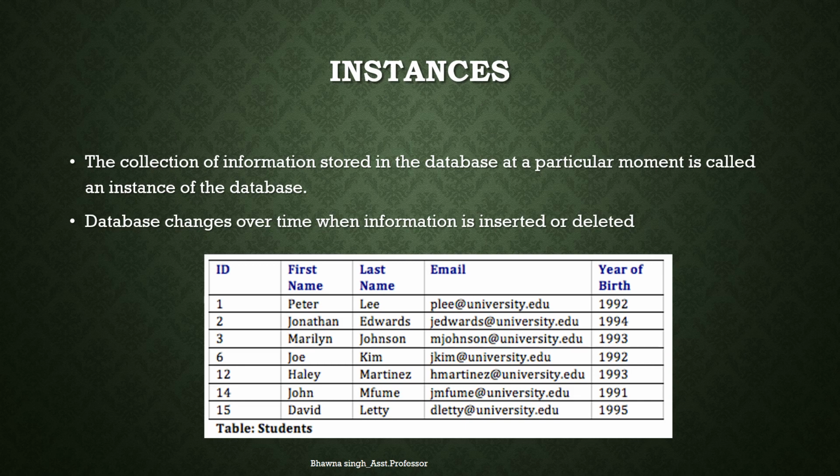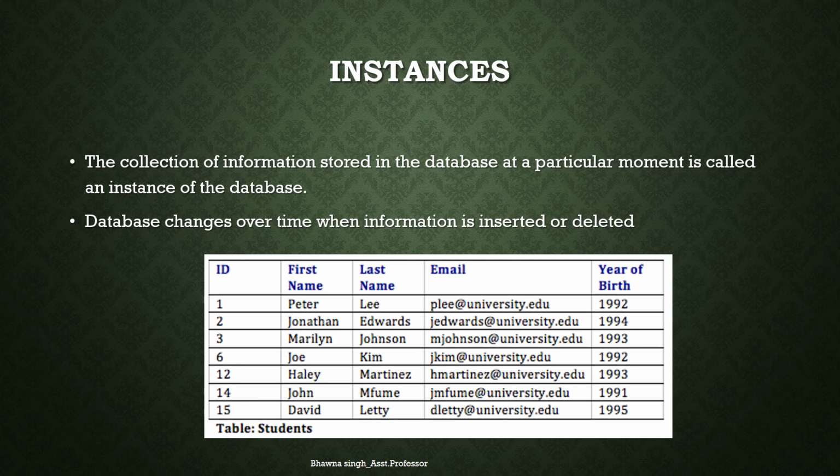But at a particular moment, what data is actually stored in the database, that is depicted by the instance. For example, if we have a table student, and in that database there are 100 records, so at that particular moment the instance of the database has 100 records. But let's say if two more students are added into that database, now our record becomes 102.